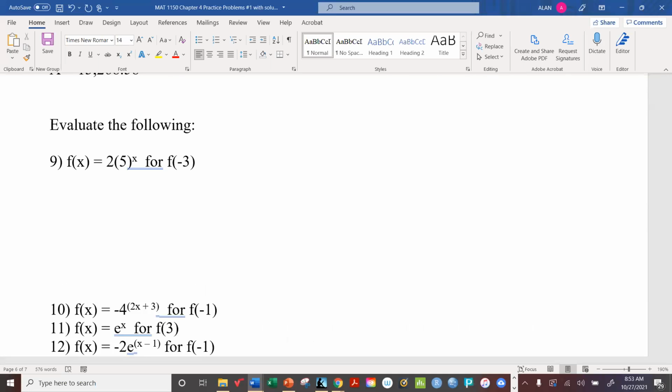All right, now for these are just straight ahead substitutions. Not that they're necessarily easy, but all you literally have to do is replace all the x's with -3s. Okay, so if you were to do that right here, now in principle, I guess you could leave it like that, but why don't we figure out the actual value? Because keep in mind what this means is